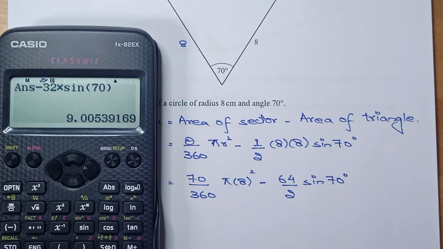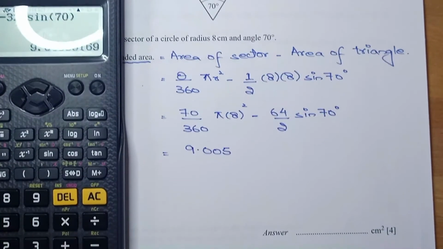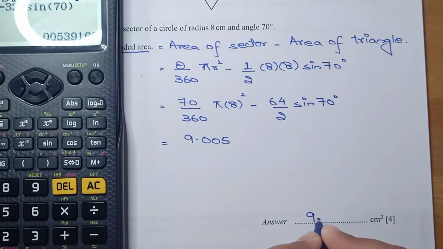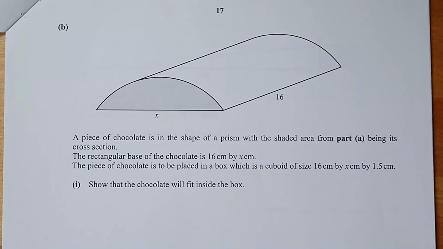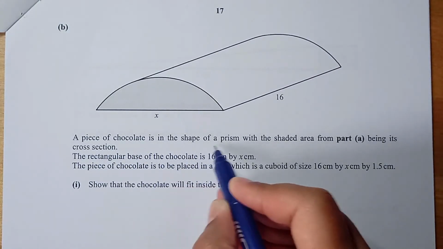so we have 9.005. So I can say that the shaded area is 9.005, and correct to two decimal places, this would be 9.01 centimeter squared. Now for part B, a piece of chocolate is in the shape of a prism with